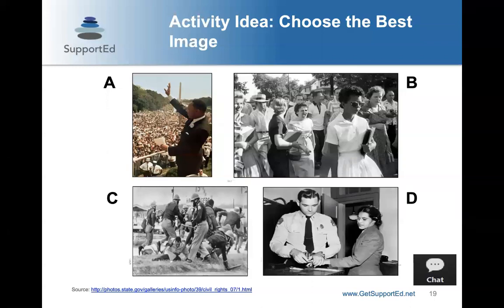Now, can you go ahead and say, why did you choose that? So I see B, captures a moment in schools. If you could give some reasons. So part of what we want to do when we're having our students talk is make sure that they're providing reasons and rationales for their ideas.